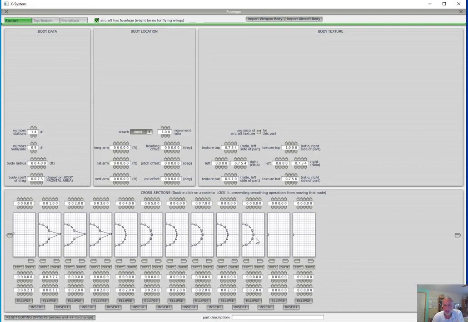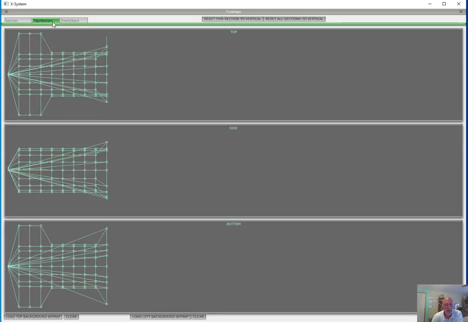But the main thing that you're going to end up doing is dragging these locations to create a fuselage. And this takes a little bit of time, but I want you guys to spend some time to make this look really cool, because if you spend a little bit of time on this, it can look like an F4. Let's see, is there anything else? I don't think so. So that's, again, you can edit on any of these views by dragging points like this,